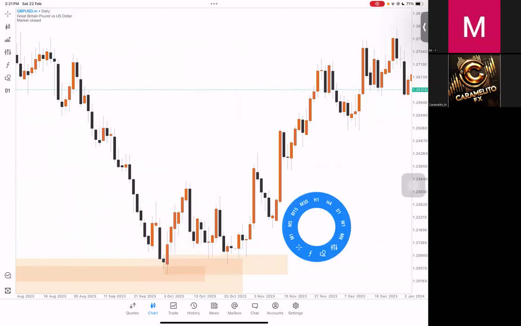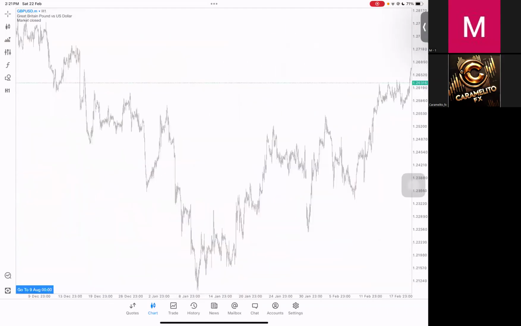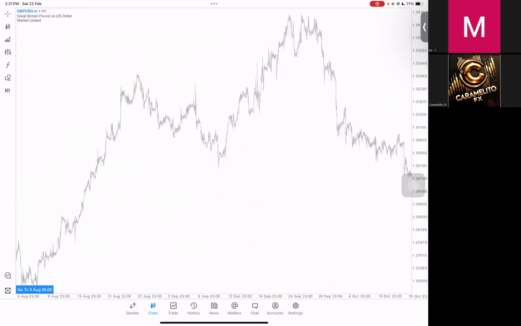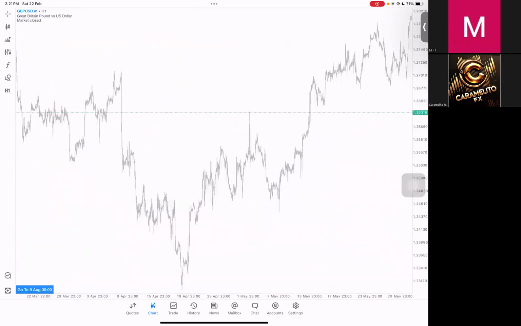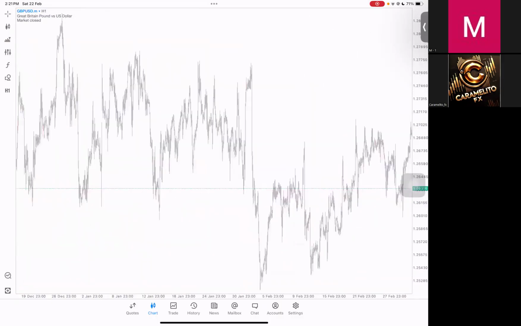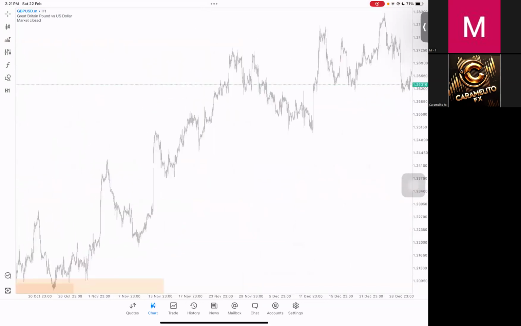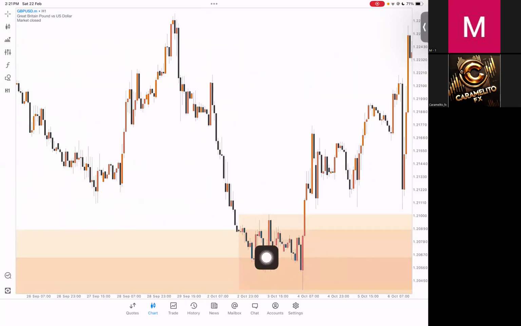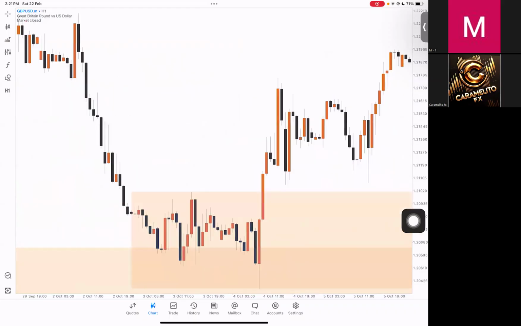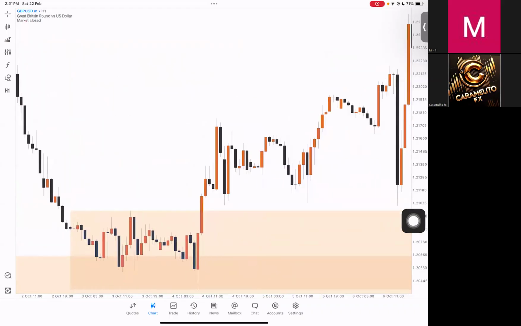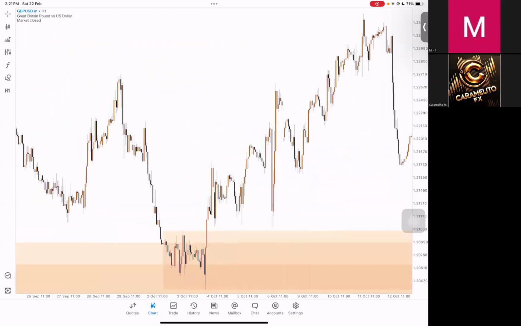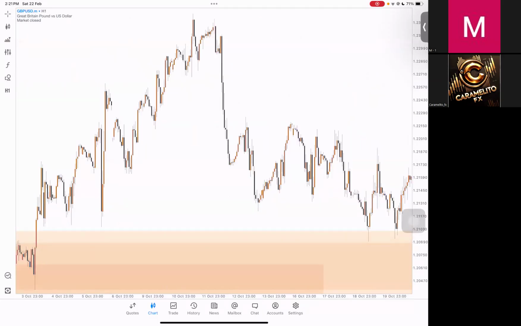I show you on H1. You want to see it better? H1, can you see or not? Nah, perfect. You see? Ranging. Sideways. Sideways. Then engulfing buy. Boom. Fly. Flow just like that. So that's how you check for the roadblock,